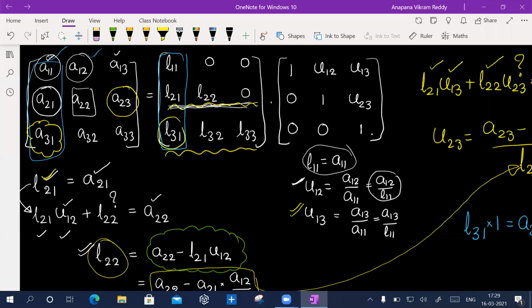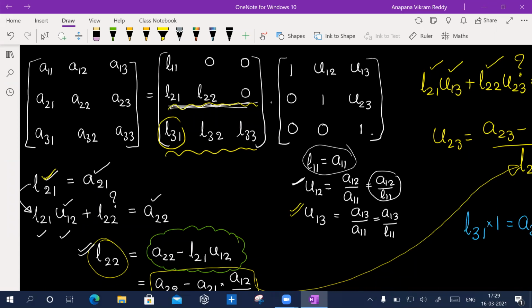Let me remove all the stuff here and make things simple. So the third row of the L matrix and third column of the U matrix is equal to A33.